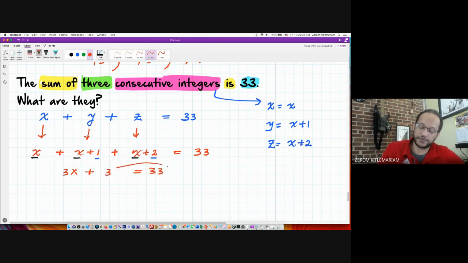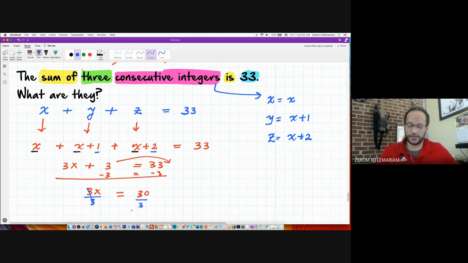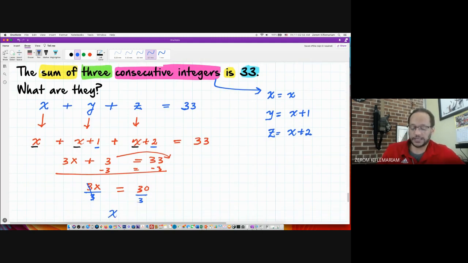Then if I take 33 to the other side, which means take away 3, equally take away 3 from both sides, we end up with 3x is equal to 30. And based on what we did from the other day, by inverse, the inverse of 3. So if I try to squeeze it a little bit, x is equal to, so what is my answer? X is 10. Actually, that's not my answer because the question says over here